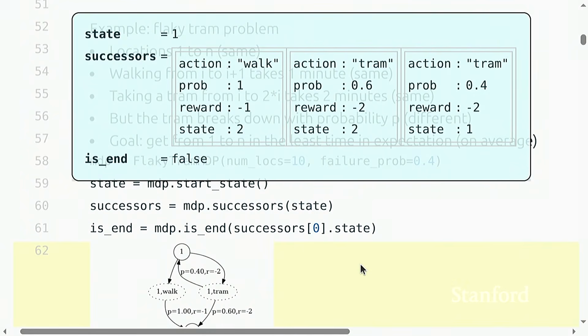Can you explain where the probability comes from for each state again? So the question is, where does the probability come from? The probabilities are part of the problem definition. So when I define what the MDP is, I have to specify the probability for every possible successor. In this case, I just made it up. I just put 0.4. You can put 0.3. It's just an example. On Wednesday, I'll show you how, in general, if you don't know the probabilities, you can try to estimate them or use reinforcement learning, which doesn't require you to know what the probabilities are. Any other questions?